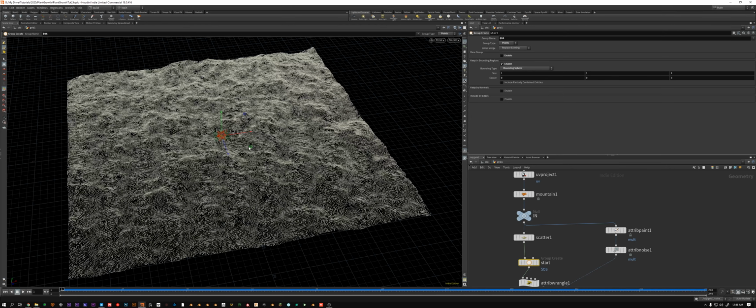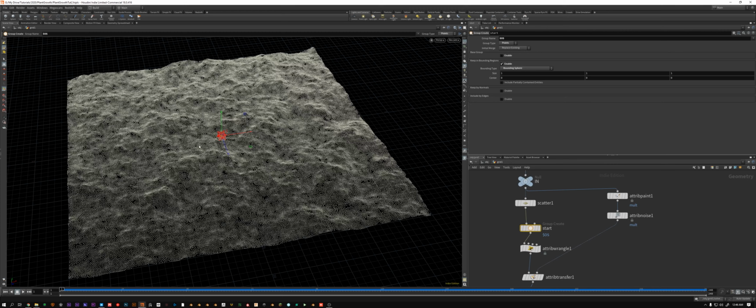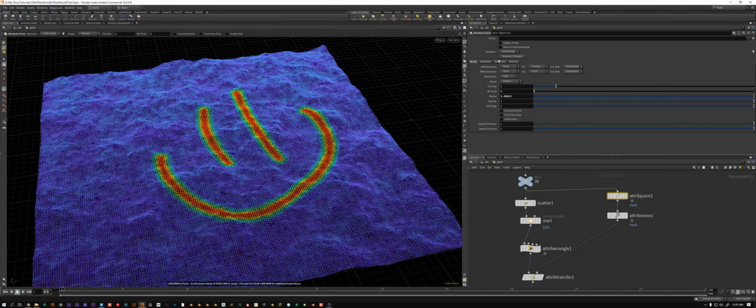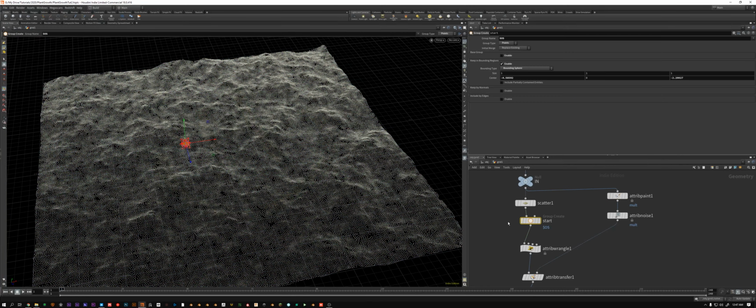So if you want this to be a little bit more apparent, then you should probably choose starting points. You can also have multiple starting points or multiple start groups. So union with existing, you could just add multiple of these nodes and have more starting points. So if you put the starting point here, for example, and then go back to attribute paint and just check where it is. So I could just template this here with this